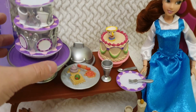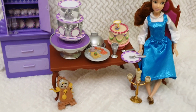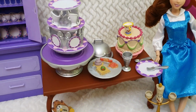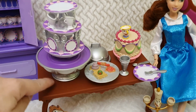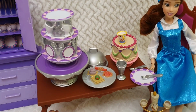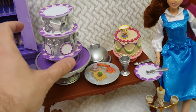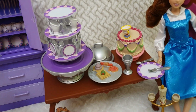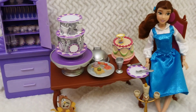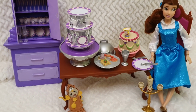You just need to move it. I mean, if I do it, I'm a little bit afraid right now that everything will fall, but it actually comes off if you wanted to, although there is a mark for it to be clicked on the table. So that way it won't go anywhere even if you're moving it around, which is like the "Be Our Guest" kind of moment that we all love in the movie, both from the animation and in the live